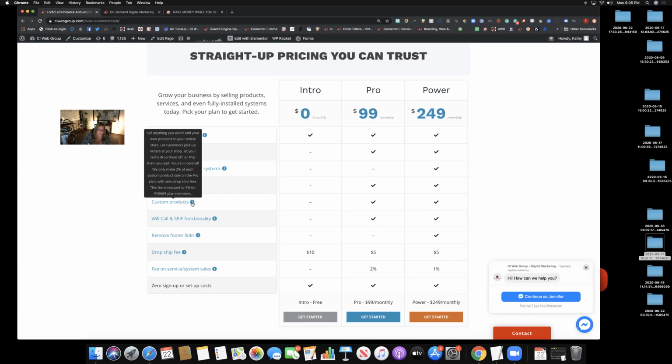Sky's the limit. Come up with products and services you want to test or sell. You can easily add them to the back office of your system. They'll be displayed in either the product area, the service area, or the full system area, depending on which one you add.